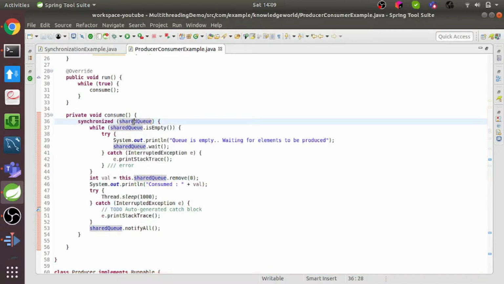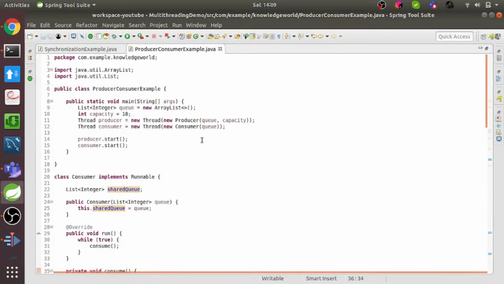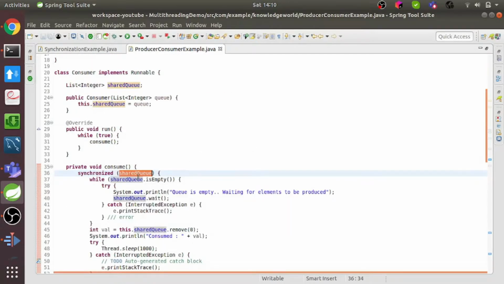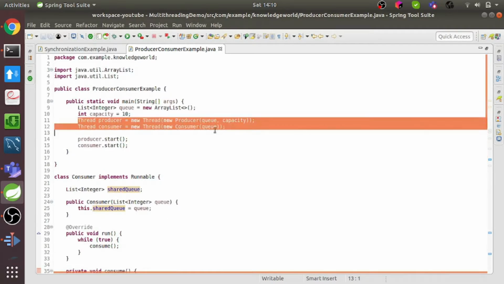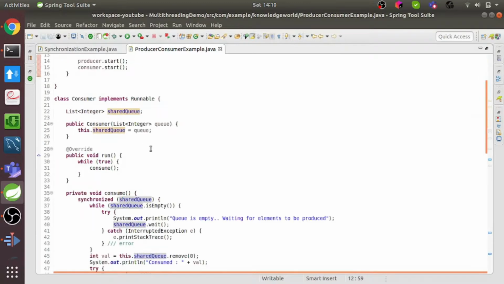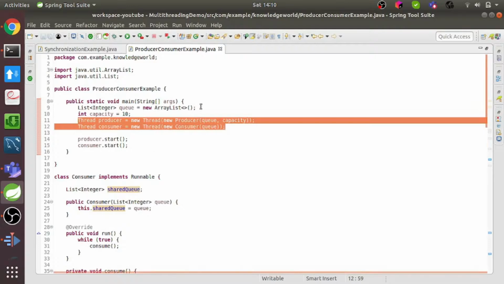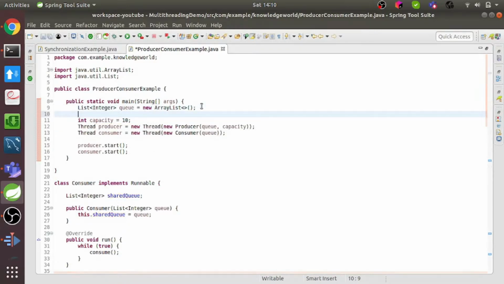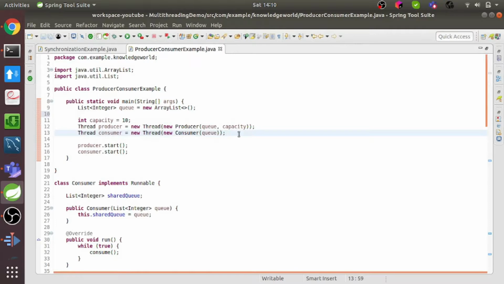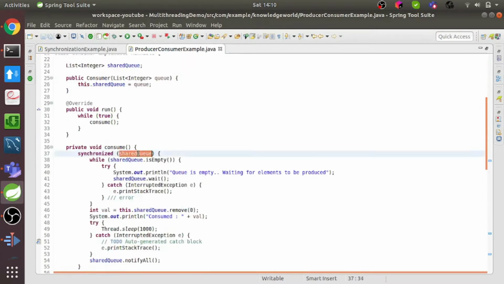The sense here is that the object has to be the same, right? Because like we discussed in the previous video, both threads need to be synchronized over the same object, only then will multiple threads be synchronized, otherwise the synchronization will not work. So what we could have done is create a custom demo object here, pass it to both of the threads and synchronize over that object, and then also it would work.